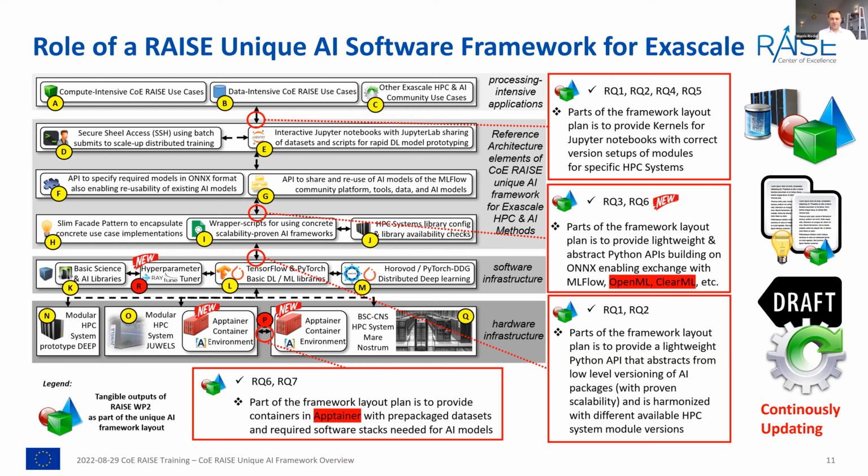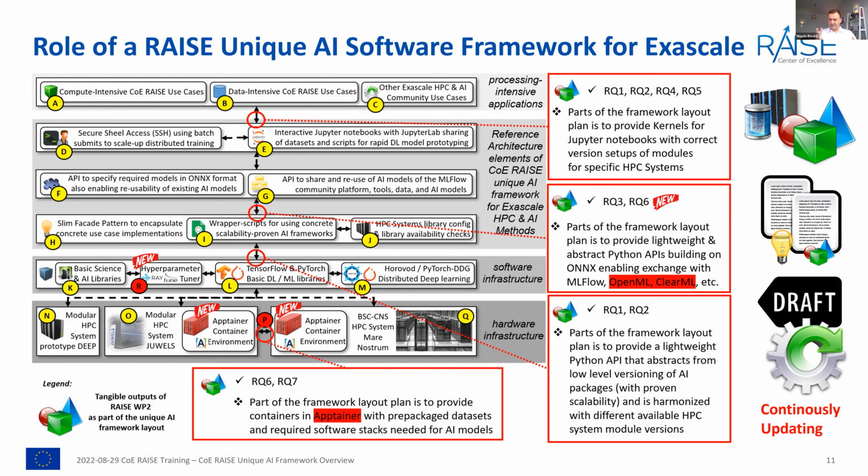Alongside this goes, of course, the idea of not only having the right versions for all these different modules, and then the scaling with Horovod and PyTorch DDP or so, created then as kind of small snippets that you can use in your code. Also the idea of really linking to existing tools from the, let's say, MLOps idea, but also when you think about the OpenML community, where we had also trainings, they have an established community, not really working a lot with HPC. Can we do something to make them easily port to HPC systems, basically? And with this, it means new users for the EuroHPC community here, which I think is also very much important and which we can really provide is the scaling.